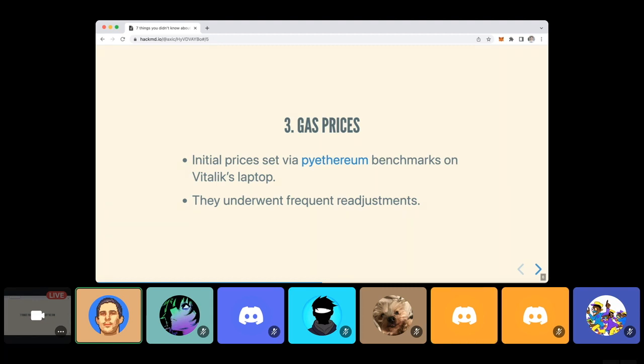And there exist various versions of Google spreadsheets with the results of these prices. I think they can be found in the All Core Devs notes. There may be links in there. It is a really interesting historical artifact, just to see where these come from. And of course, these gas prices underwent frequent adjustments over the past, how many years, like 7 years. And here comes an interesting point with these adjustments. They are due to the fallout of the Shanghai attacks,